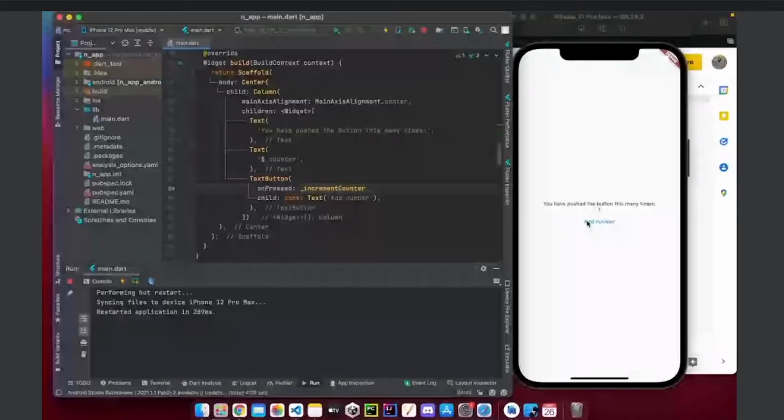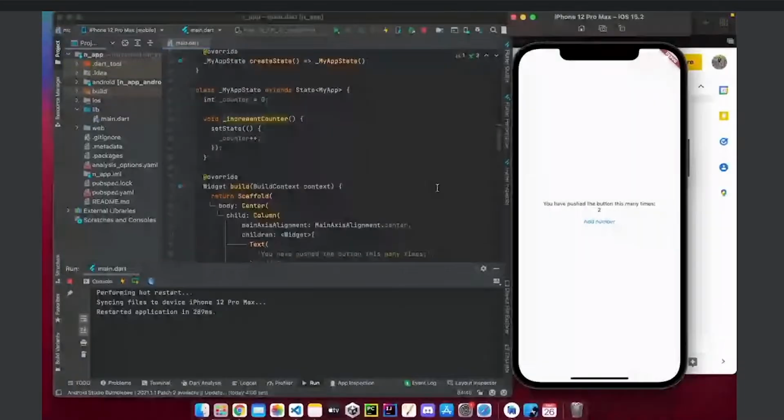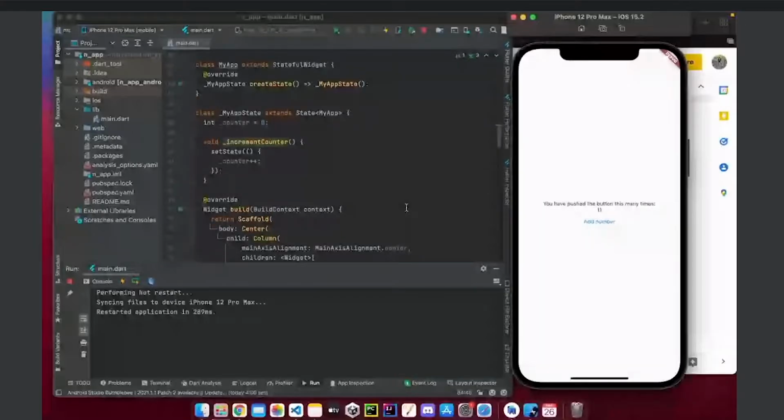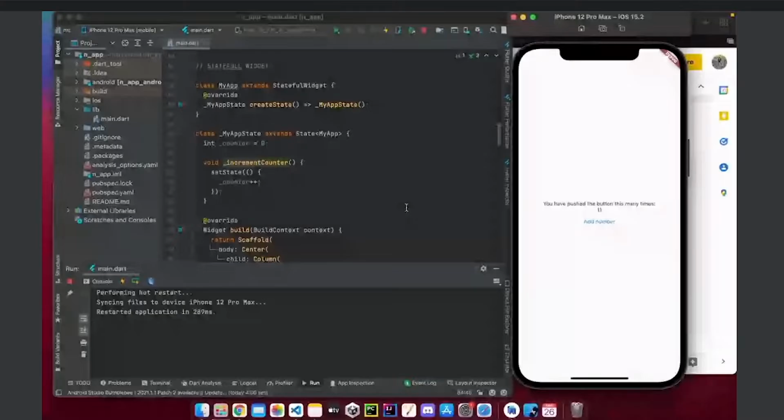So we can see what stateful widget means: that it was going to change its value when I did interactions with it, and that is what happens. When I push it, the value changes. So this is how my stateful widget works. Now